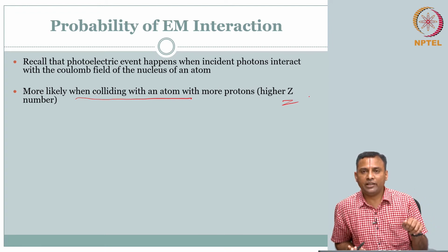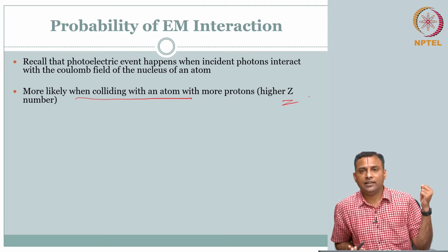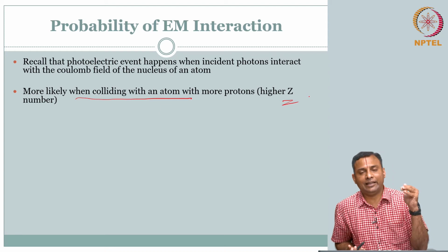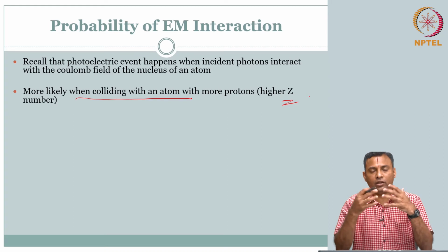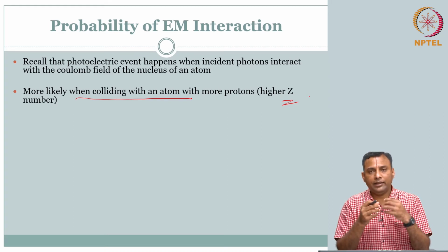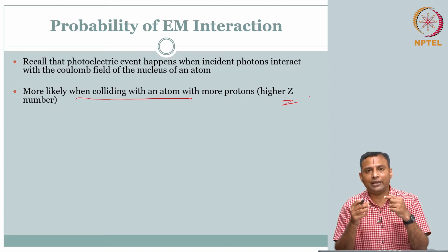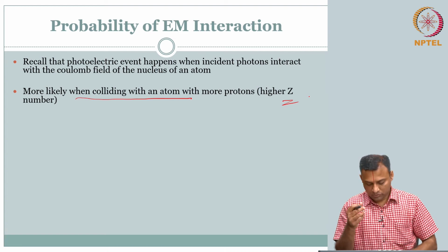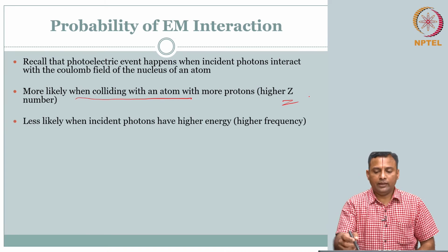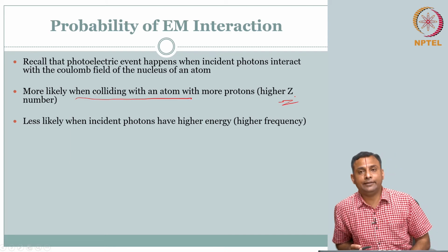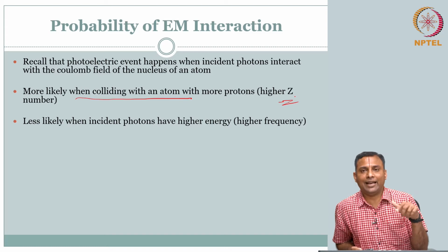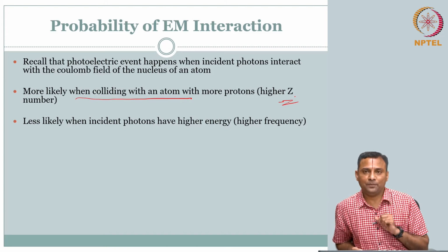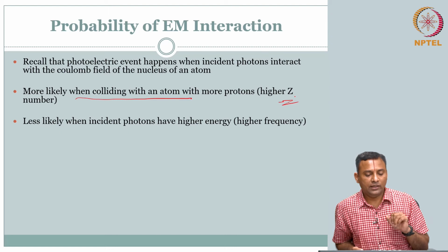We are going to appreciate the rationale: the photoelectric effect says the energy h mu is interacting with the Coulomb field. So if there are more electrons, if there is a strong field, then there is a higher chance of h mu interacting. So we will only say that you need a higher Z number. In fact, the exact order we will put, but the rule of thumb is directly proportional. Which order, we will talk about.